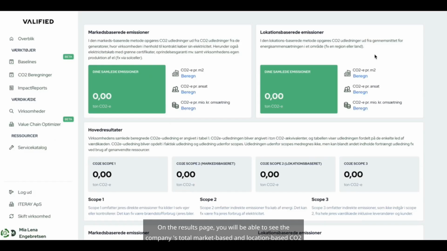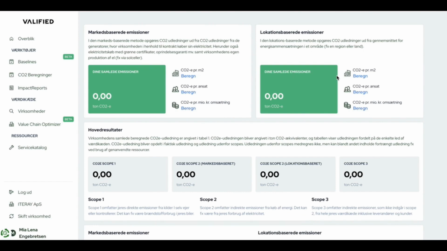On the results page, you will be able to see the company's total market-based and location-based CO2 emissions. The difference between the two methods of calculating CO2 consumption is that with the location-based approach, you do not deduct the electricity purchased with green certificates, whereas with the market-based approach, you subtract the electricity purchased as green power. The difference between market-based and location-based CO2 emissions thus concerns that there is only electricity consumption, which falls under Scope